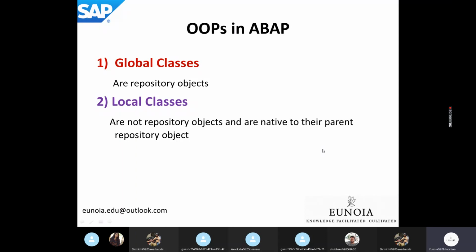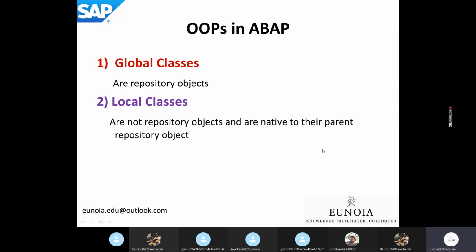The difference between a local class and a global class is that you can compare global classes and local classes with an include program and a subroutine. An include program is a repository object, but a subroutine resides within the include program. So the subroutine itself is not a repository object.